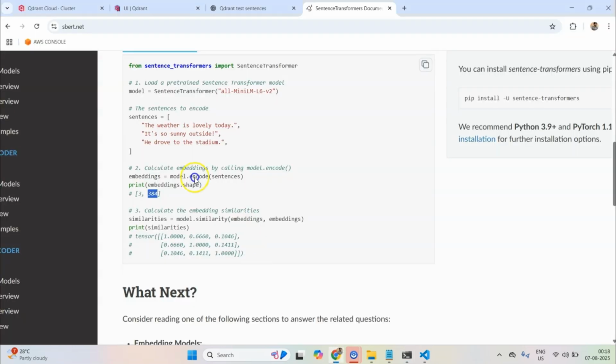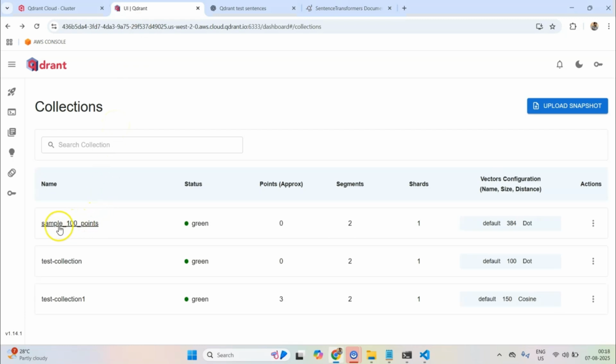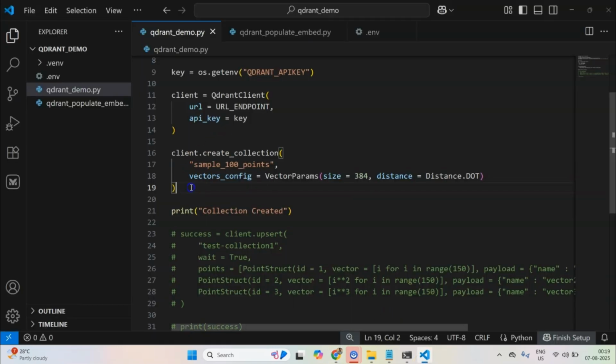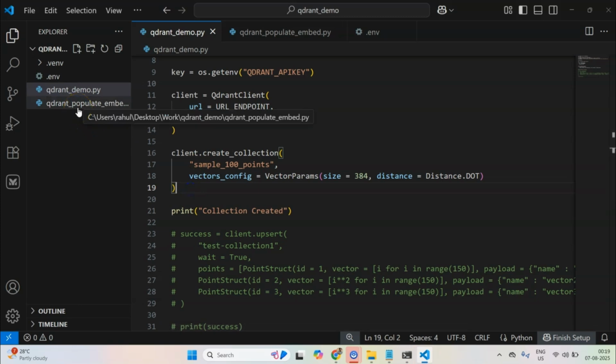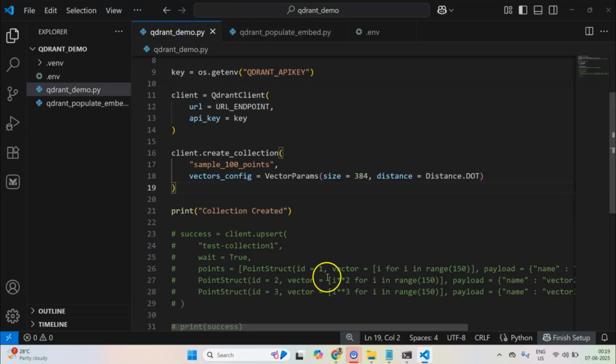If I reload my Quadrant UI, we should see this sample 100 points, and it has 384 as the configuration of vectors. Now we will be using this populate embedding script to actually populate the embeddings.